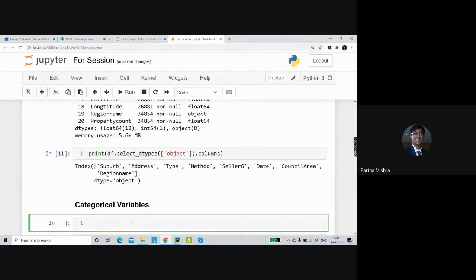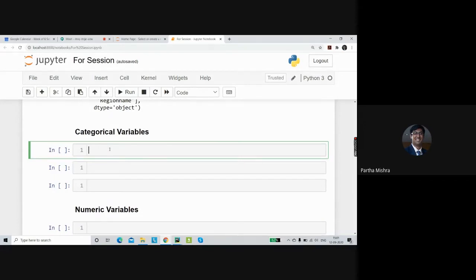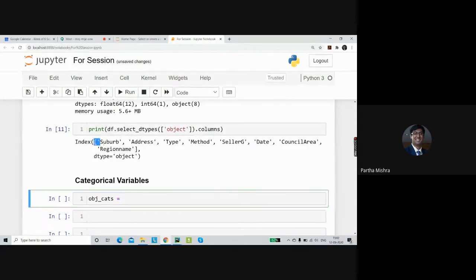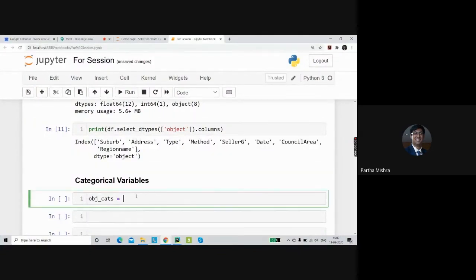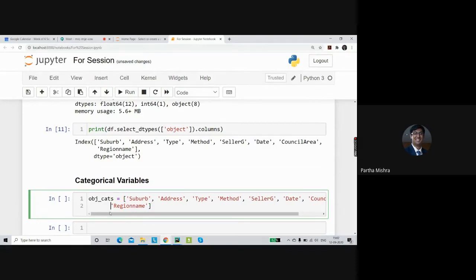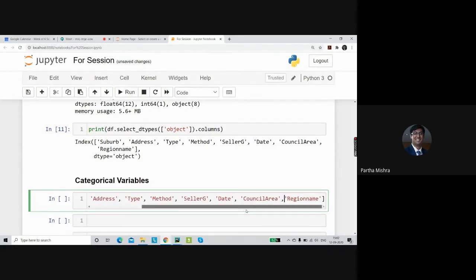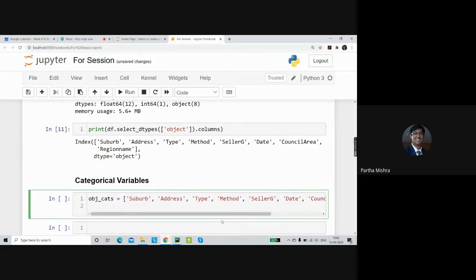So for that, I'll mention a new variable, let's call it object categories. And in this, let's just pass in this list of objects that we have. Okay, so now the list is ready.